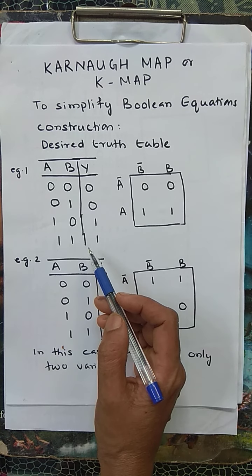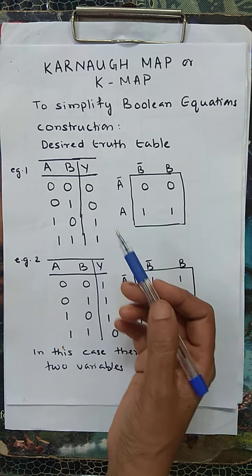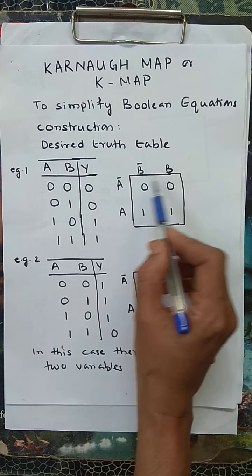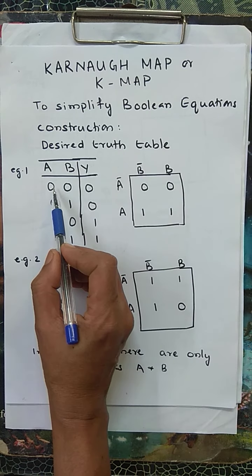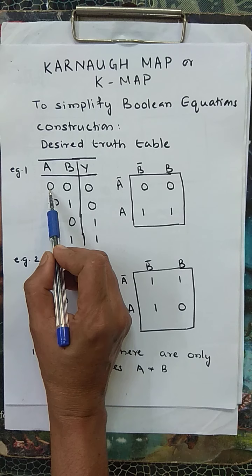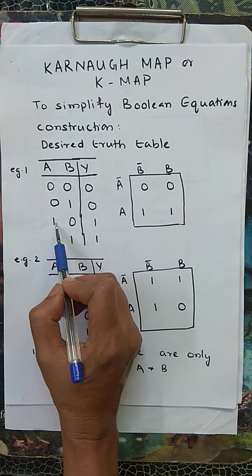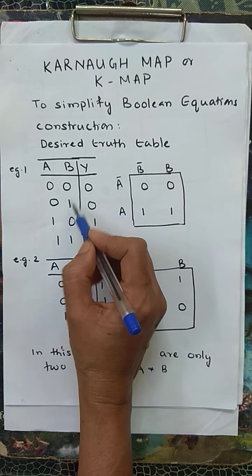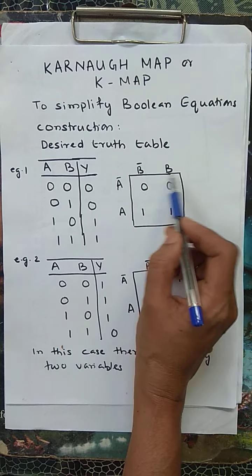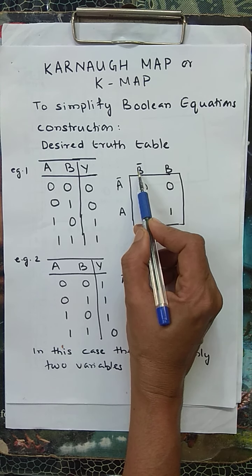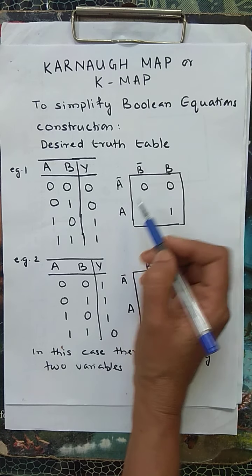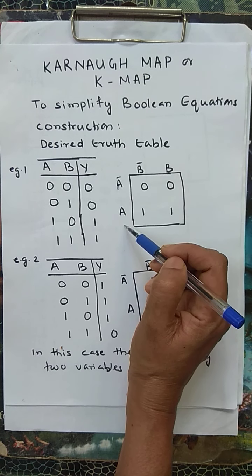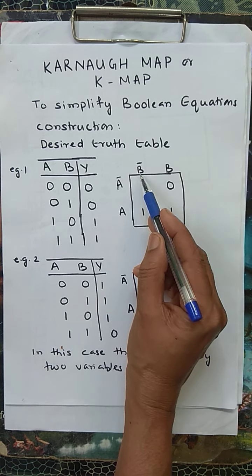So how to make it a simple circuit? For that, another technique is the Karnaugh map or K-map. For that, you have to make a table like this. Look at the input here. If 0 is the input, it is A complement. If 1 is the input, it is A. 0 for B means it is B complement. 1 means it is B. So you'll make a table like this. First you'll write A complement, A in the vertical, and B complement, B in the horizontal.